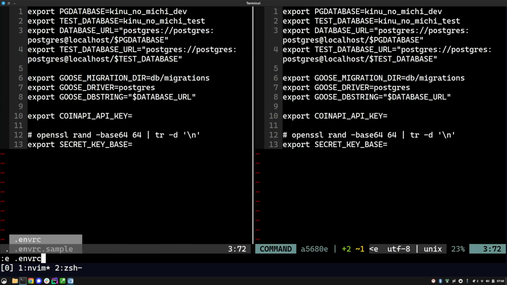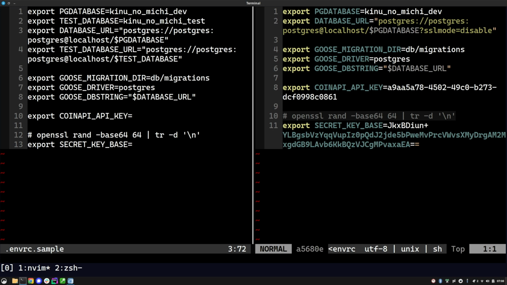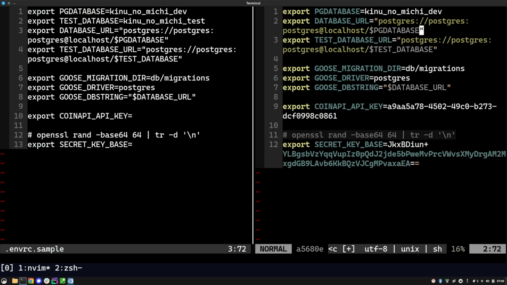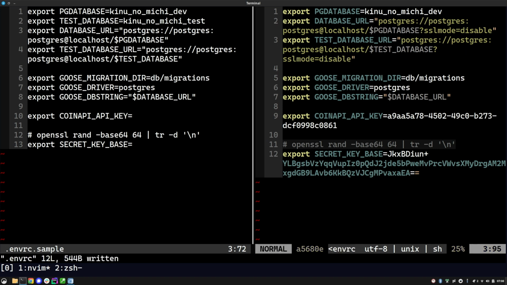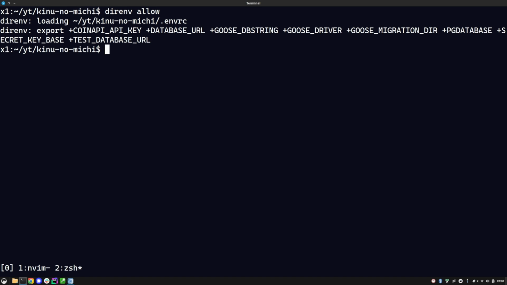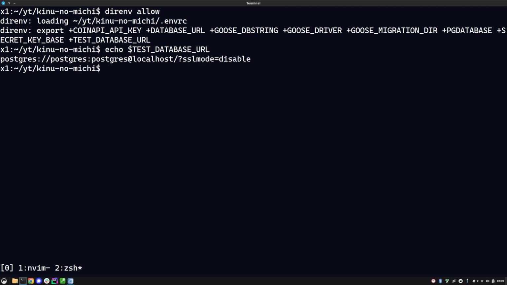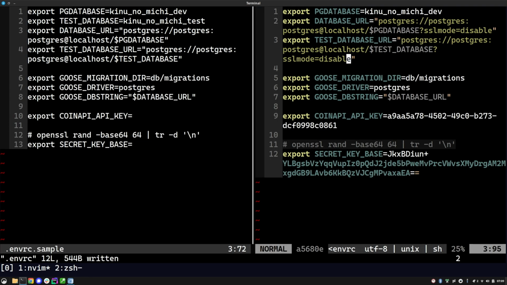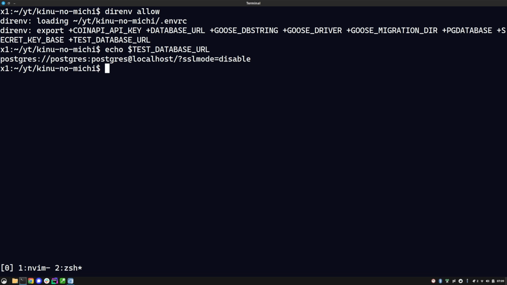And in the real envrc file, I'm going to paste this, SSL mode equals disable, and this is a file that is going to be picked up by a command line tool called direnv, and it's going to set these environment variables for me. But if you don't have direnv, which I do not recommend, you can just source this file, and it's going